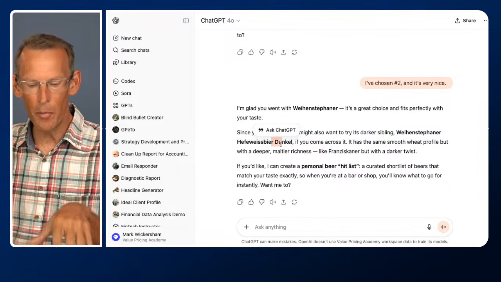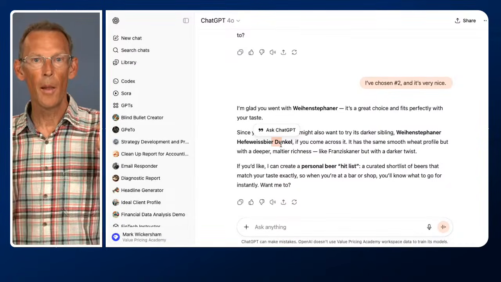So that's beer recommendations. Now, it might be you're not a beer drinker, but you could do the same idea with books or films. If you ever want recommendations for new films, new books, new music to listen to, start a chat called beer, books, wine, films, whatever it is that you like, and start to tell it what your current preferences are, and then ask for recommendations.